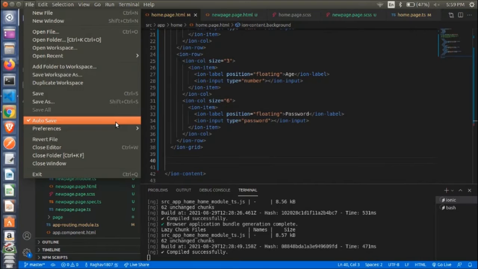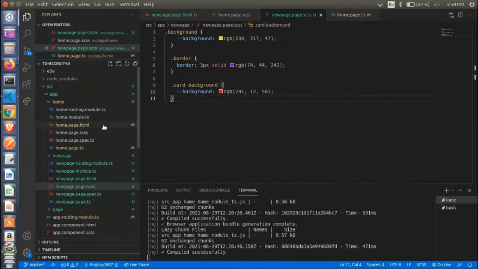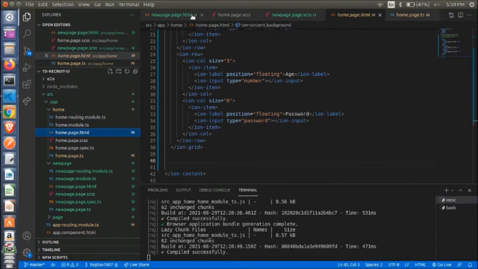Yeah, I did it. Now you click on this cross button and you can open the file again. Then you can see that the white dot that generally comes over here does not appear. That means your file has been automatically saved. Since we have set it as autosave, whatever we type will get automatically saved, and we need not save the file time and again.